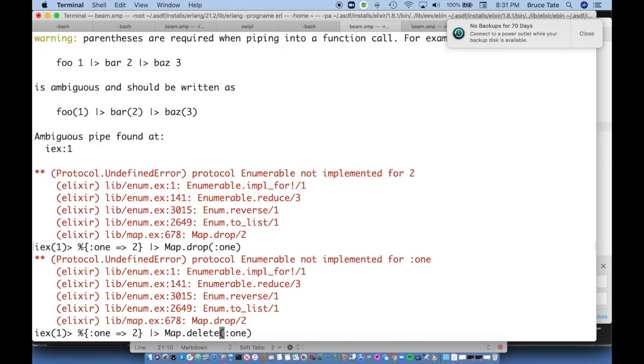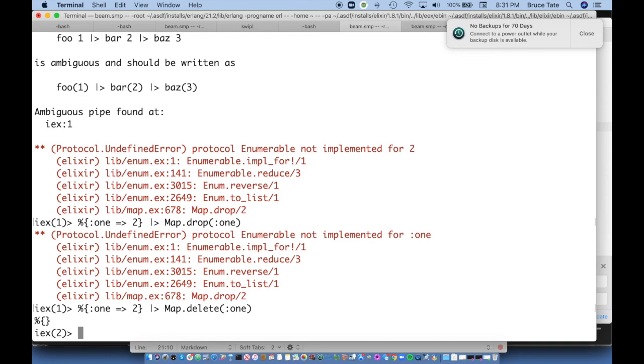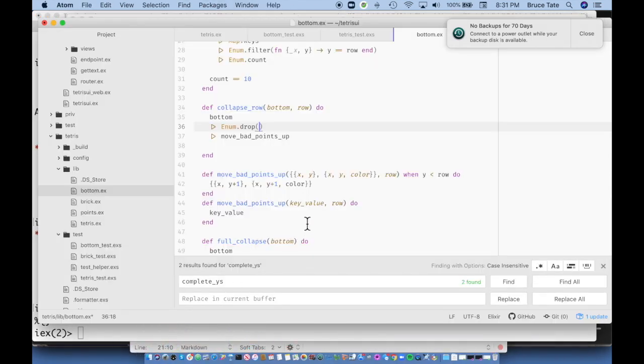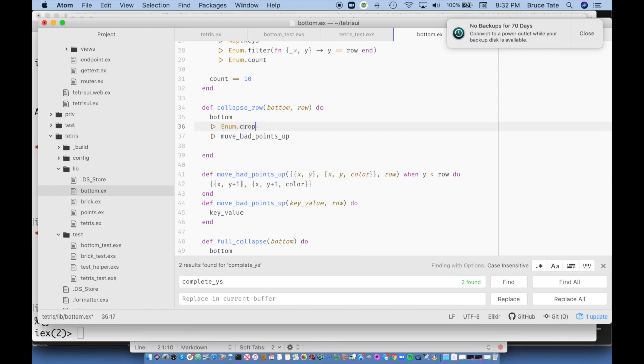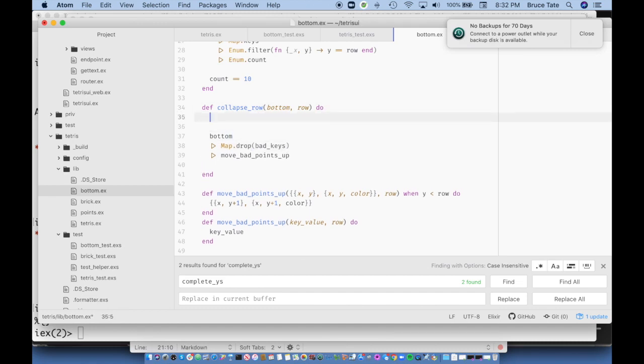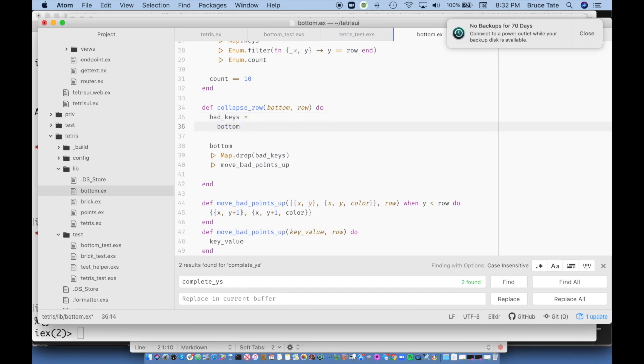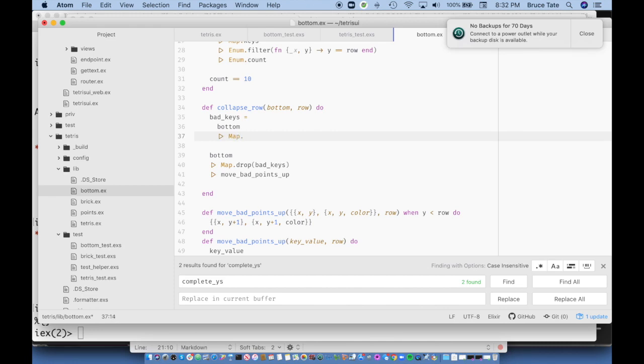Map.delete. Yeah, so that's it. So I just want to do a map.delete in that. Oh, you know, I can drop all the bad keys, all the bad keys at once. And so to find those, all I have to do is bad keys is equal to bottom map.keys